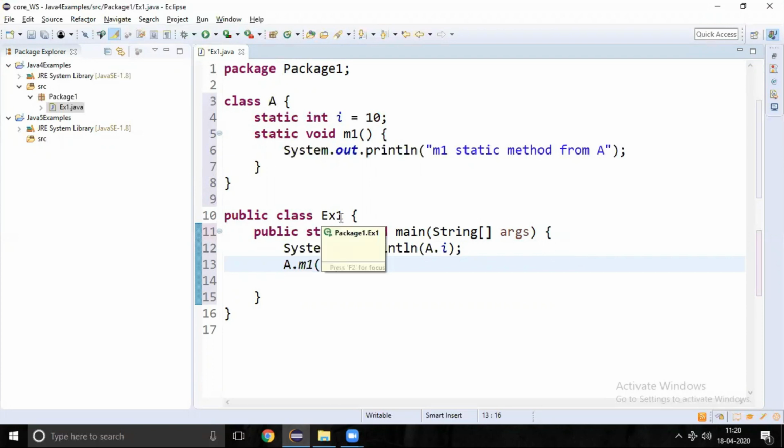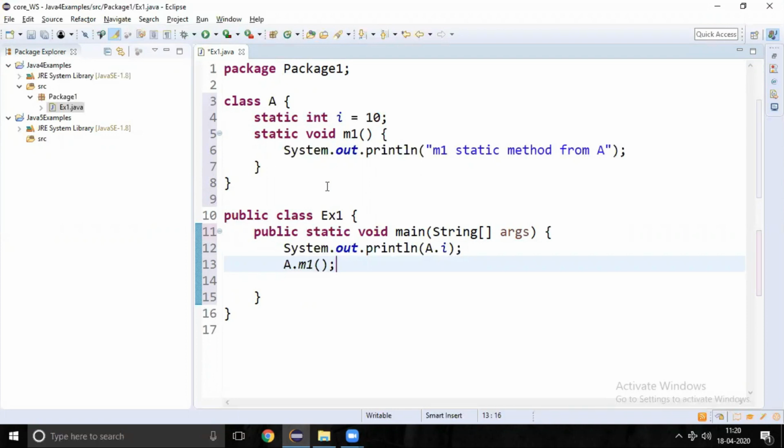For suppose if example 1 has some static properties and static methods, it is possible to access them directly. The other class's static properties and static methods we can access through class name dot variable name.